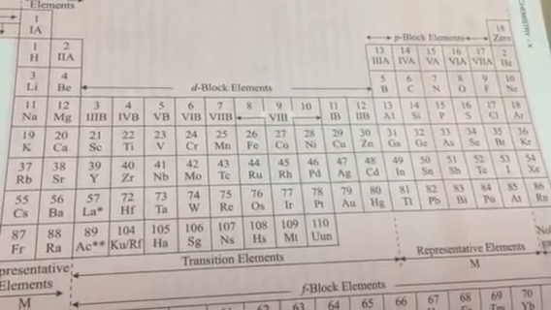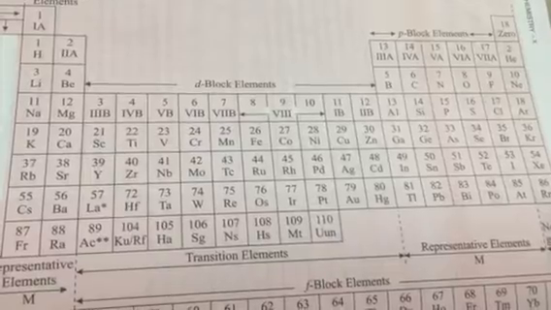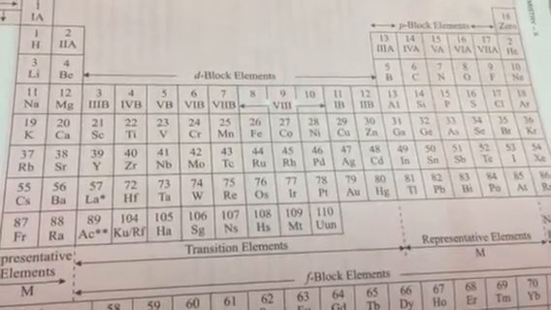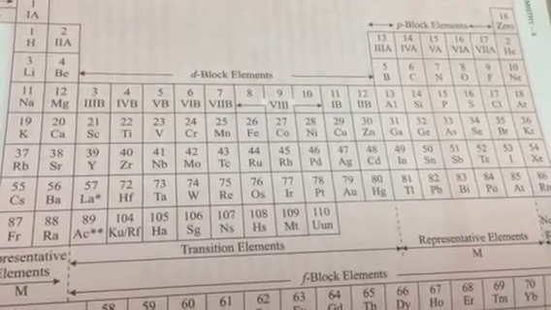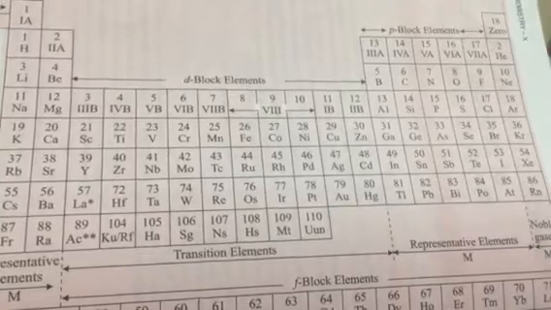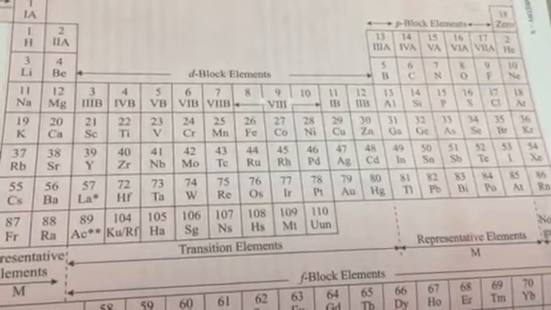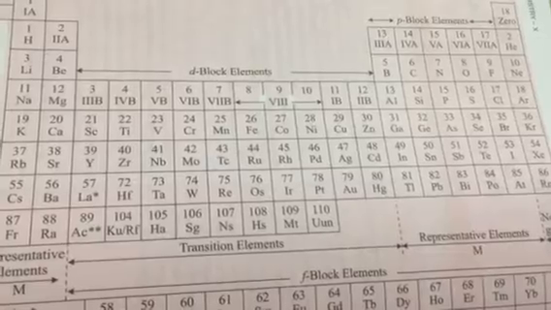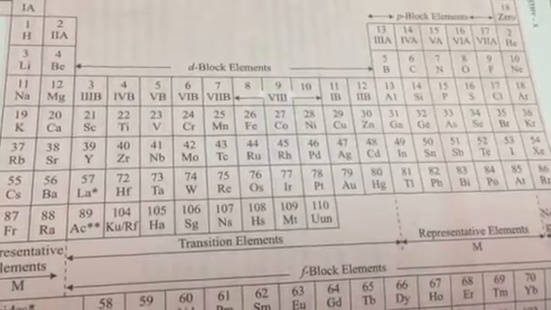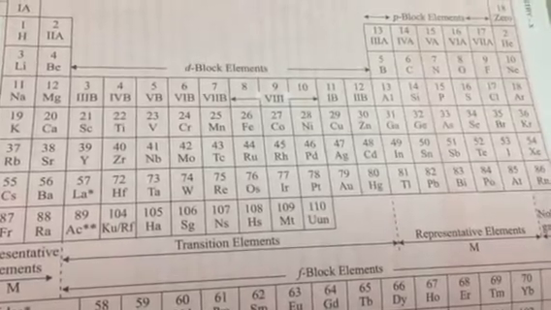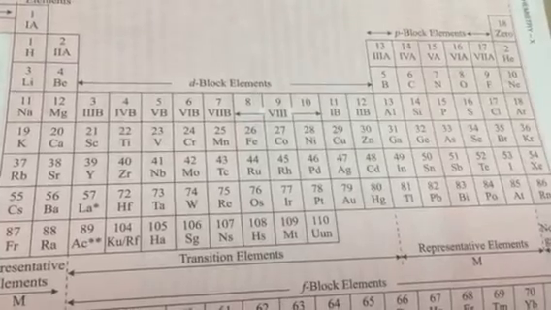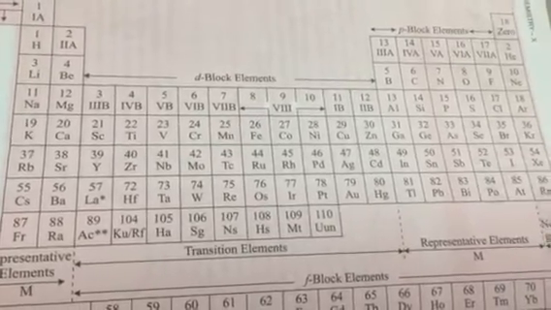In group 2 we have beryllium, magnesium, calcium, strontium, barium and radium. In group 2 elements there are only 2 electrons in the valence shell. Therefore their valency would be 2. They would be a little less metallic than the group 1 metals. They would be less electropositive, but in general group 1 and group 2 are categorized as metals.